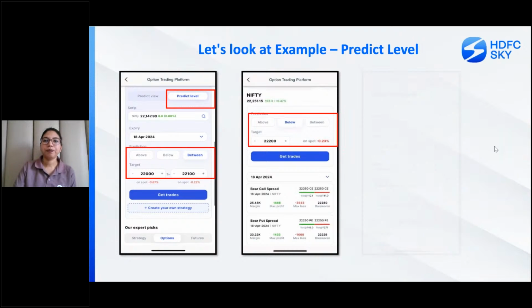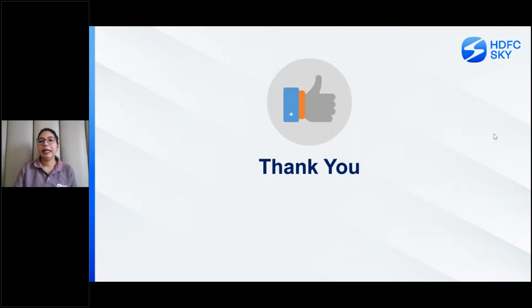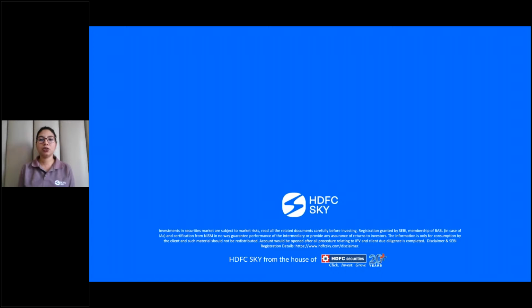So this was about the predict view and predict level feature. So these two features are very, very good, especially for the traders who trade in the